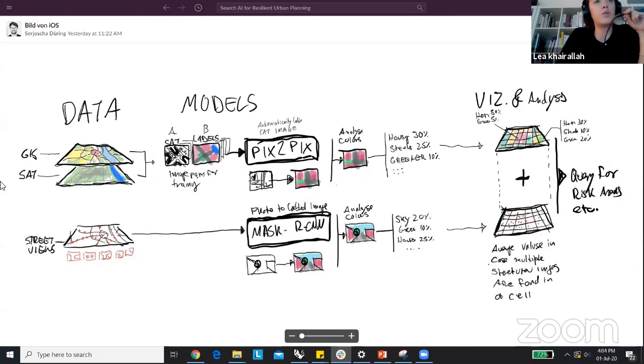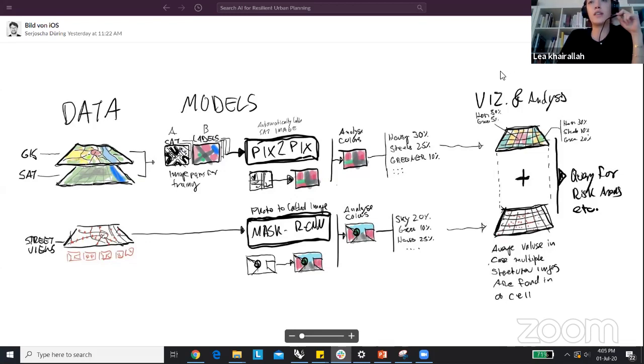How we are doing this is by first taking satellite images, and with those satellite images we're going to use pix2pix models to analyze how much green area we have and how much house density we have. From the same locations we use for the satellite, we take street views, and from those street views we analyze how much sky view factor we have.